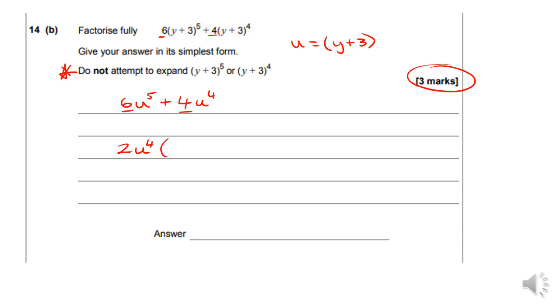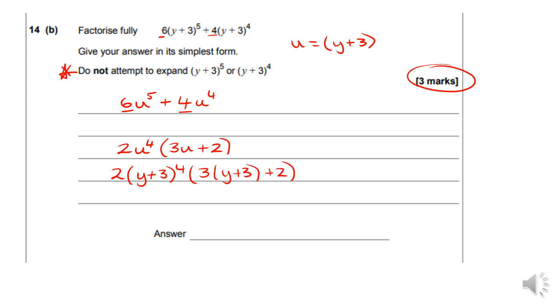That would then leave me with 3u plus 2. Only thing is that u never really existed. So if I substitute back in, I've got 2 lots of (y plus 3) to the power of 4, multiplied by 3 lots of (y plus 3)